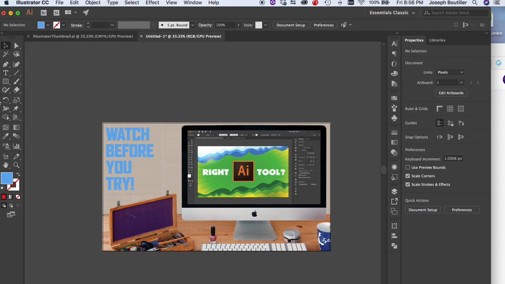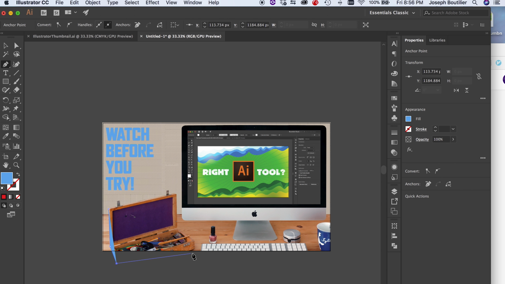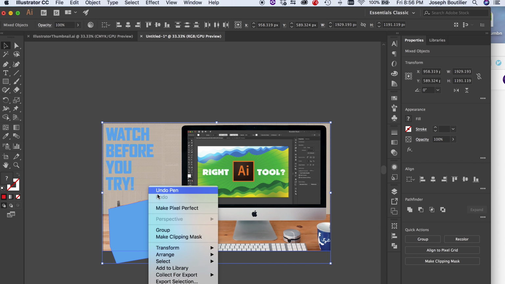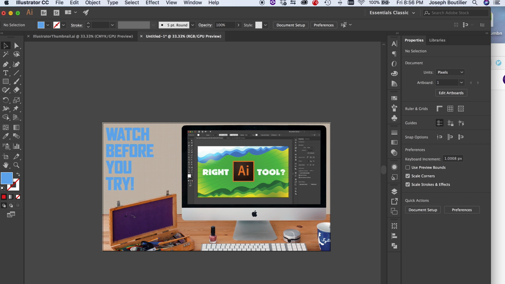Now in Illustrator, we can sort of do this. Like for example, if this box, if I wanted to crop it out, I can use the pen tool to draw a shape around it and then use my clipping mask. And then I have just a shape of this box, and I can put that in front of a background, and I could do that even with something as complex as a human figure, but it's a little clumsy compared to Photoshop. So this is one area where if you're going to be doing a lot of that sort of masking and cropping, I would suggest probably jumping over into Photoshop,